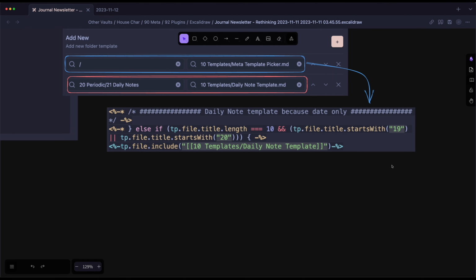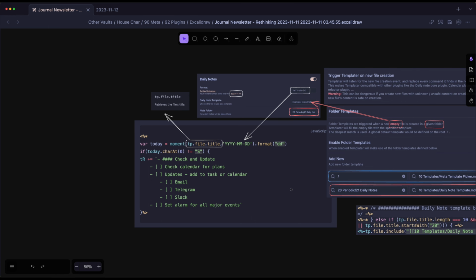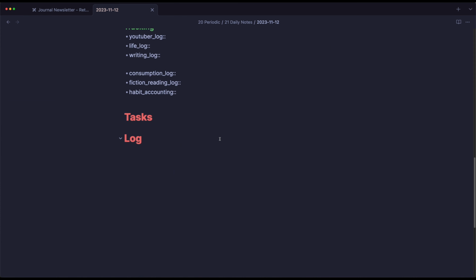Okay, so anyway, since I was just doing a file title, I will go back here and explain that these are just how to trigger. So I have a hotkey linked to the meta template picker. Whenever I'm in a file that has a certain naming scheme, I can just press my hotkey and it will trigger and rename the file for me. And whenever I create a new file, for example,